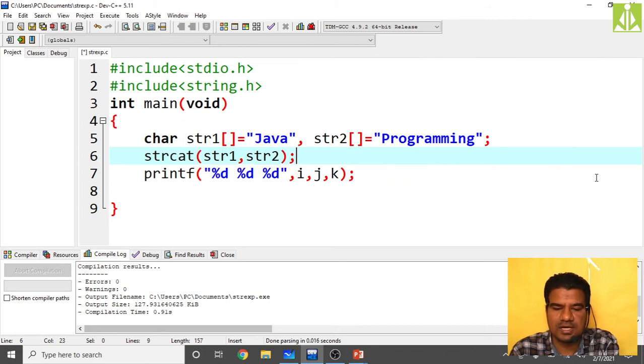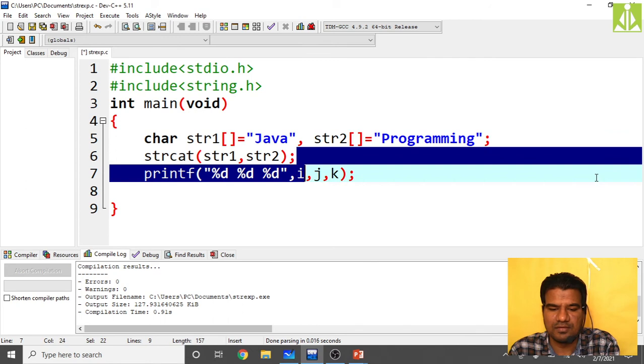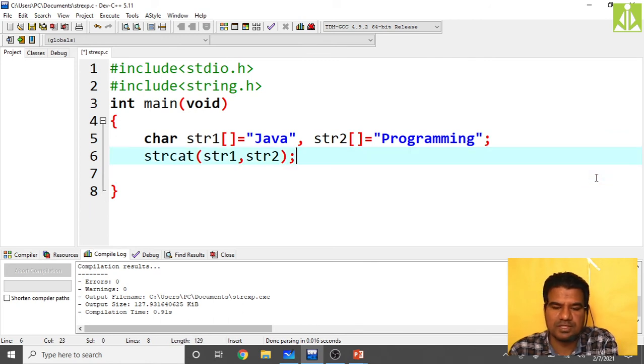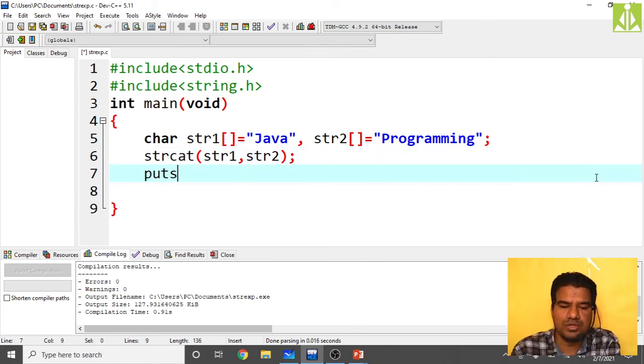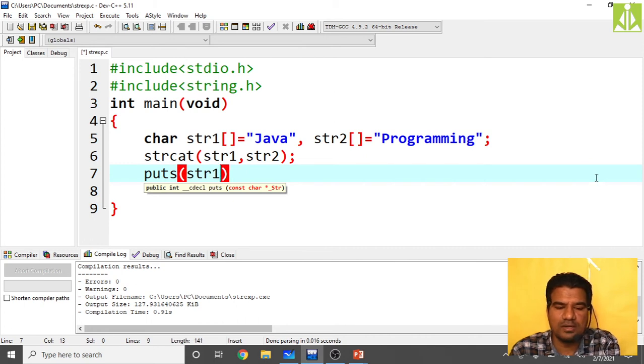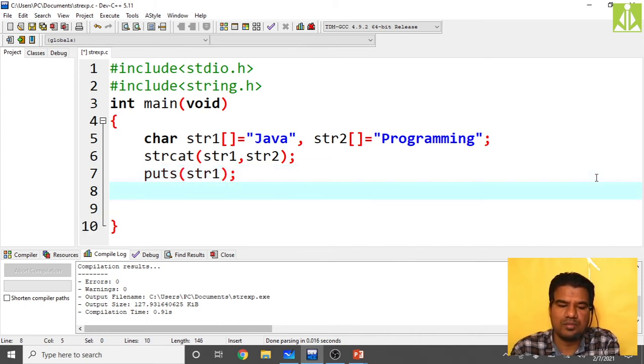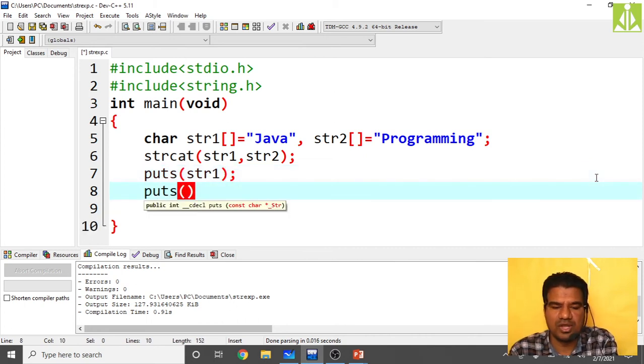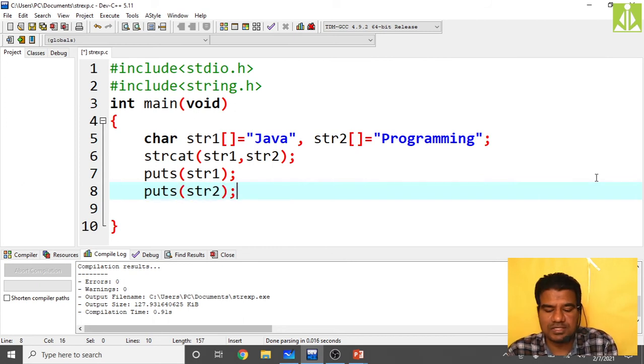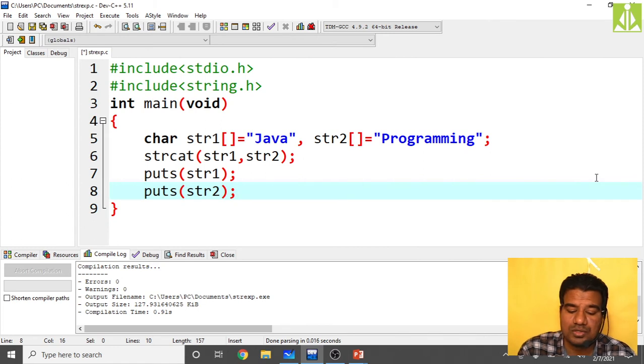As I said, the result will be stored inside the first string. We will see by printing both the strings. So first puts of str1, then puts of str2, both the strings I am printing. So we will see what it will do. Let me just compile this program.